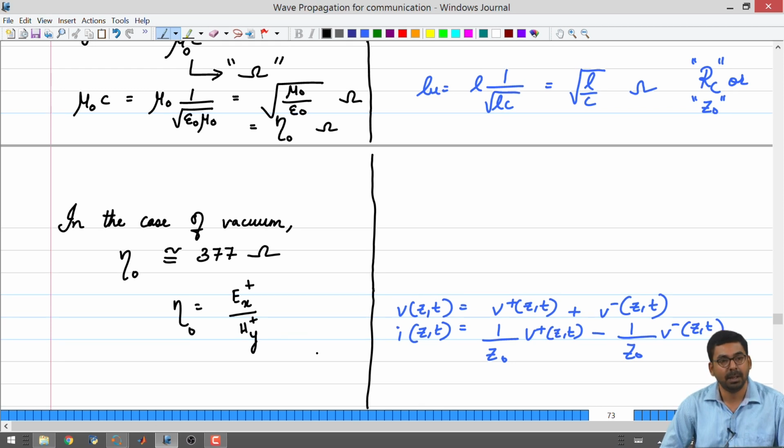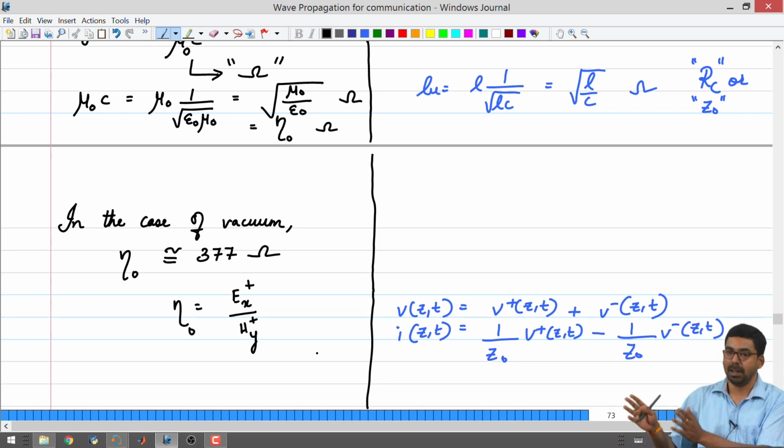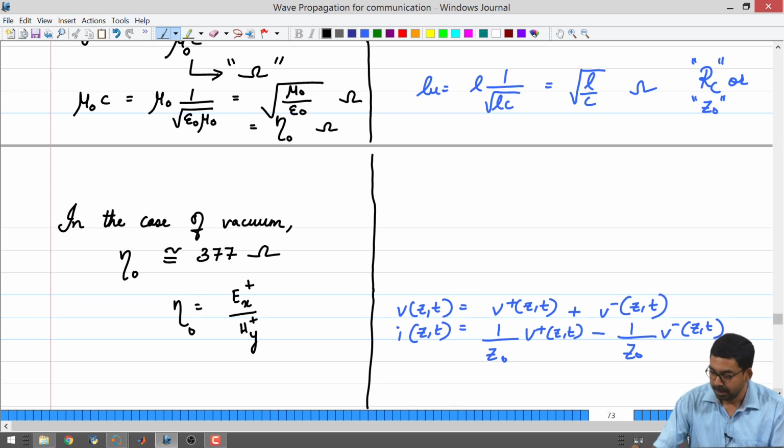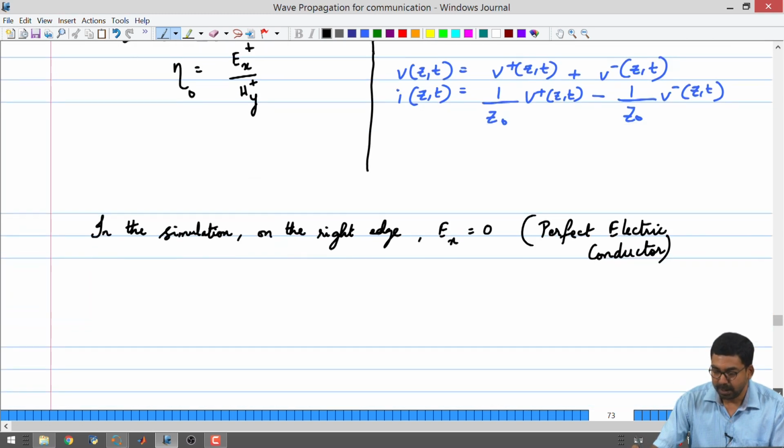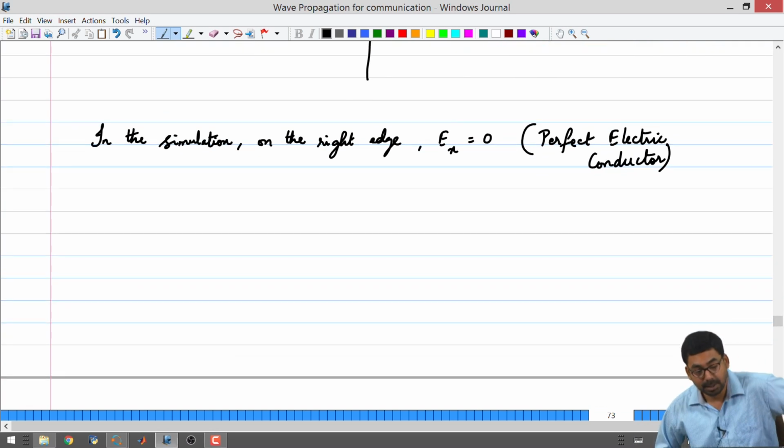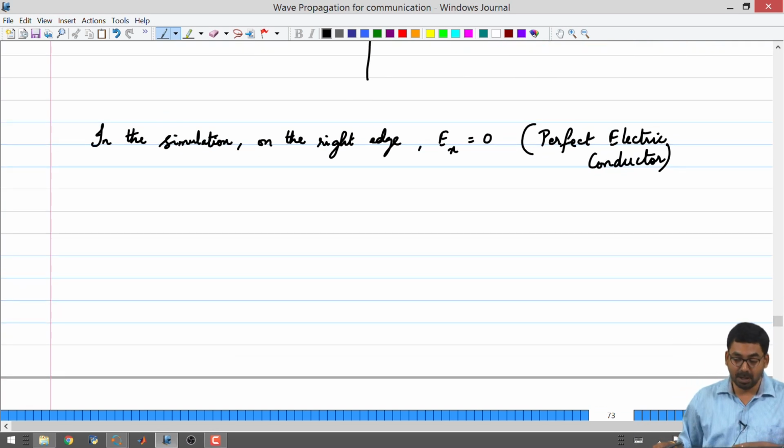You just deal with relative permittivity and relative permeability, and at the end you make an analysis: with vacuum it is this, with this material the velocity is this, so the characteristic impedance of this material has to be so much. This is the kind of analysis that you make with comparison. The other thing that we can look at, which we have not looked at in the case of transmission lines, is the effect of epsilon r and mu r and some conclusions that we can draw from them.